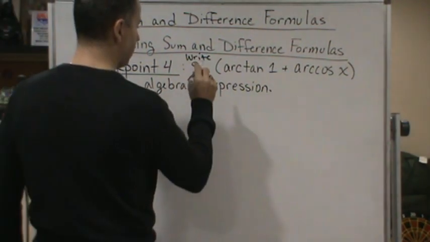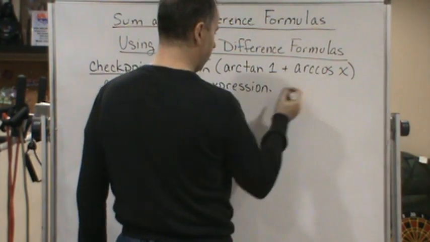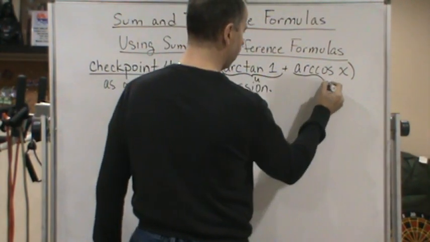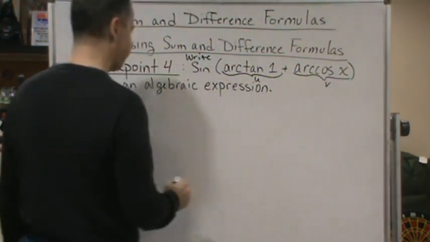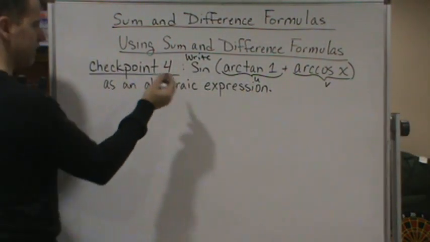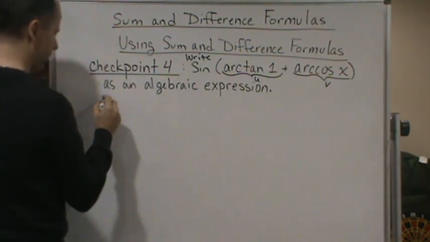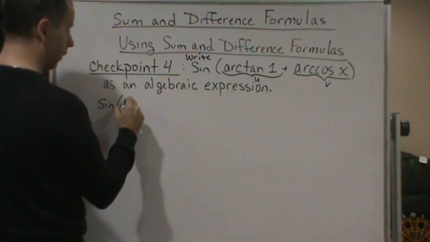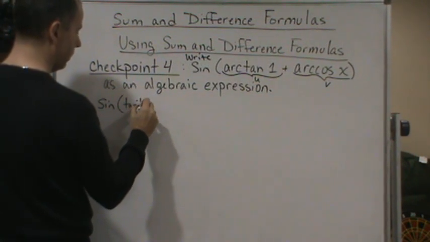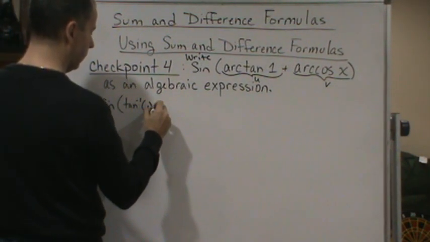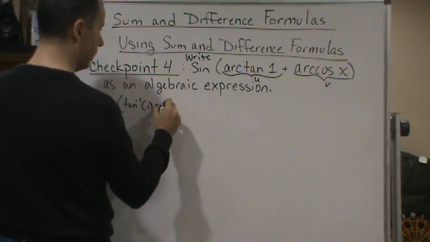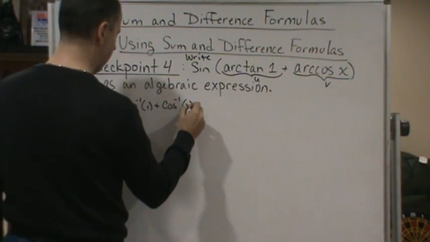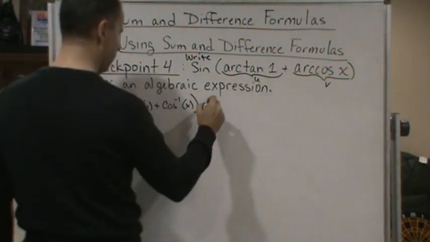So now we've got arctangent 1 and arc cosine x. So again, these are angles. So I'm going to make this one u, and this is my v. And now I'm going to write out the expression with sine. It's a plus, right? So it's going to be sine of inverse tangent of 1 plus inverse cosine of x